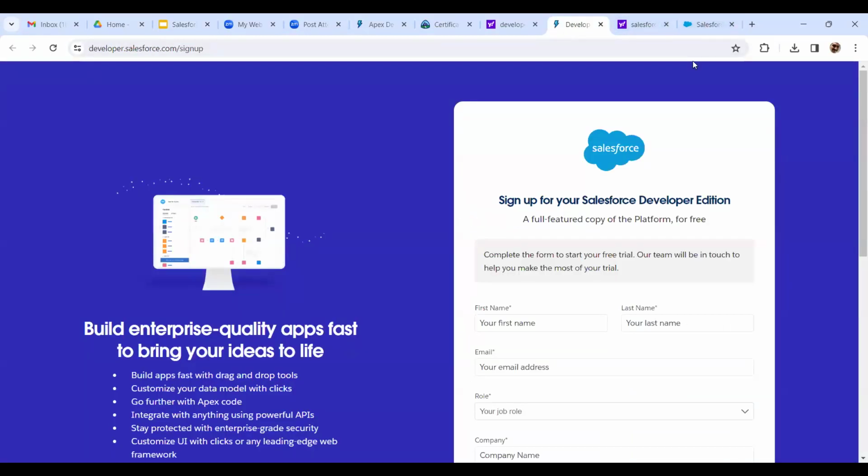Yeah, we have to go to sign up. So here you have to go to developer.salesforce.com/signup. You have to go to this particular web page. You will get a page like this. So you go to developer.salesforce.com/signup for registering. The first step is that you have to register